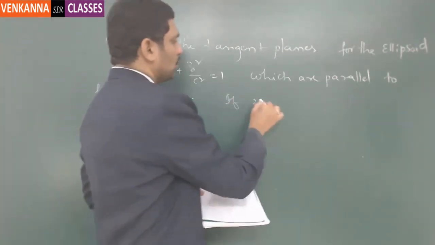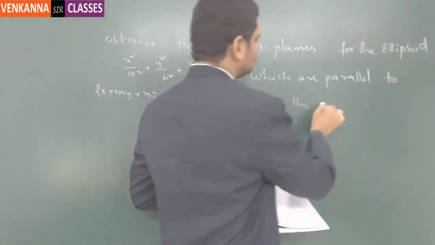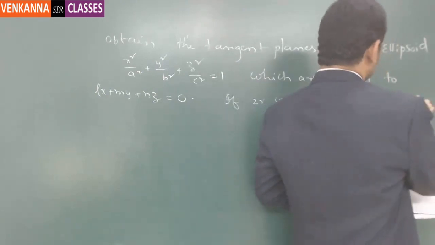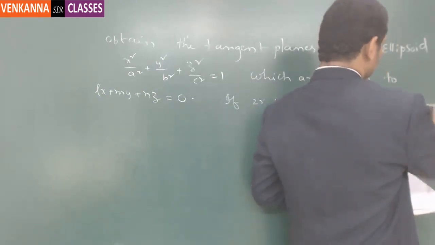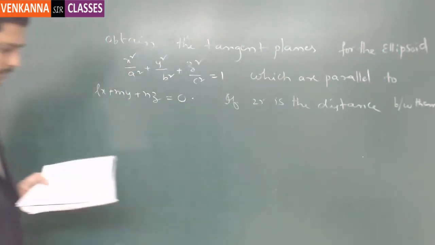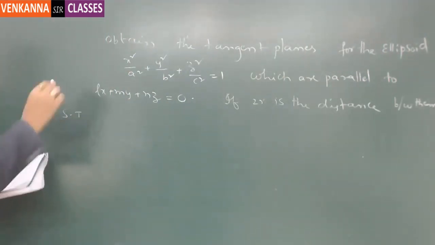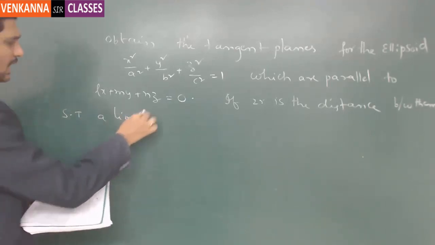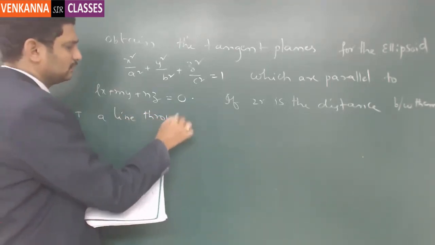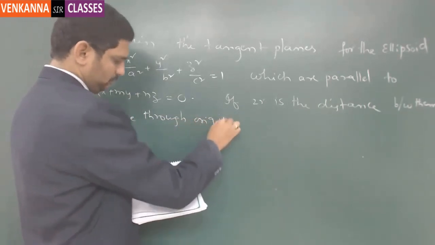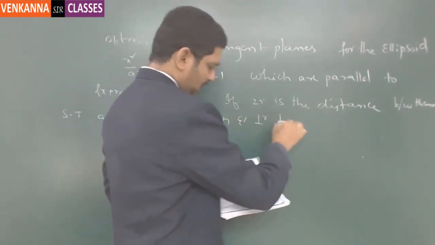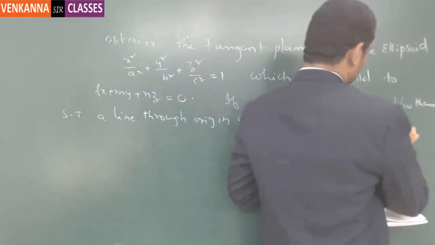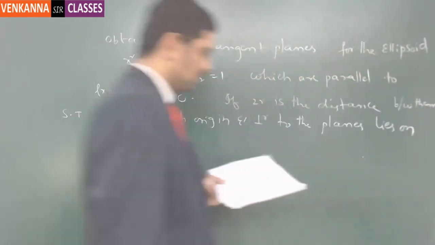If 2r is the distance between them, show that a line through origin and perpendicular to the planes lies on